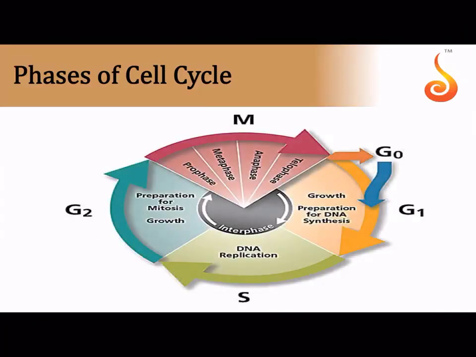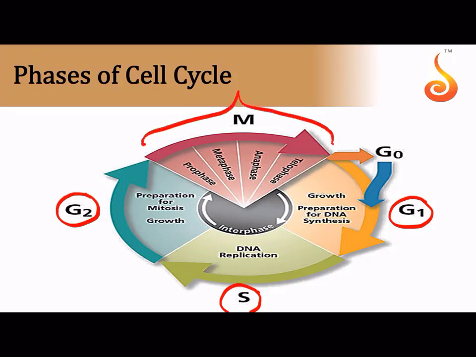The phases of cell cycle, as you are all aware, it includes what is referred to as the interphase. Interphase includes G1 or gap 1 phase, S phase or synthetic phase, G2 or gap 2 phase, and the actual phase in which the cell divides is referred to as the M phase. So basically we have interphase and M phase. Interphase is further divided into, what is it further divided into? Into G1, S and G2.